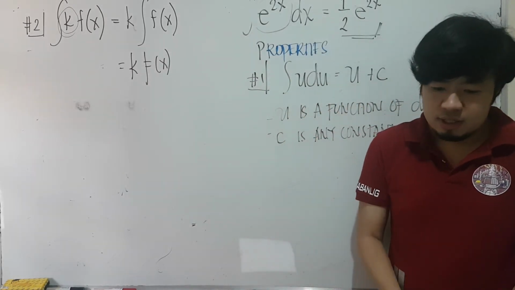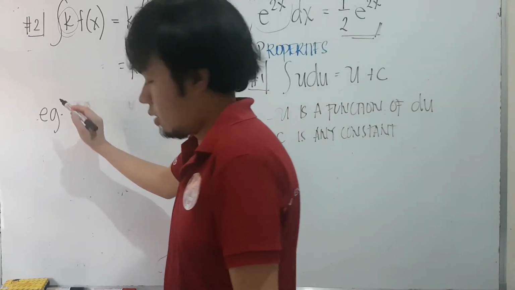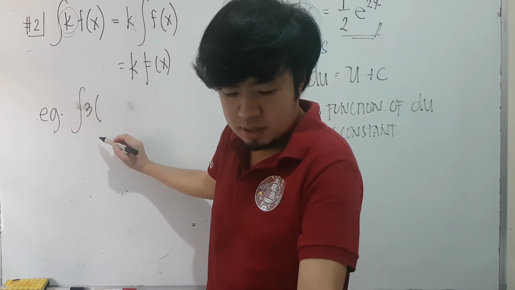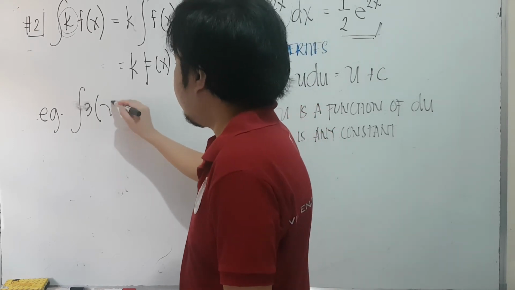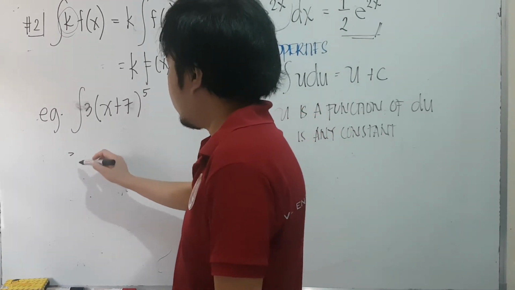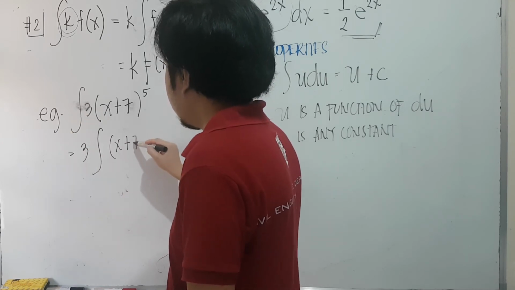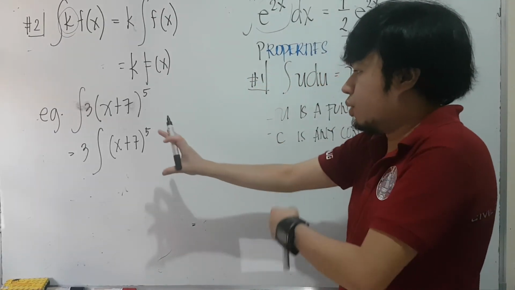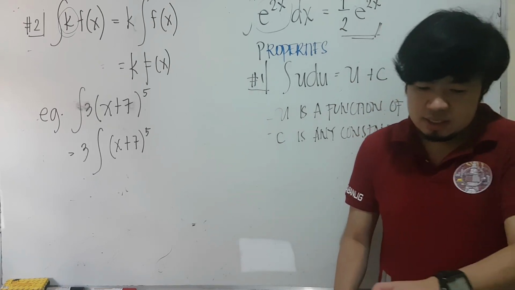Okay, so for example, we have here the integral of 3 times x plus 7 raised to the 5th power. So this is simply equal to, factor out 3 times the integral of the quantity x plus 7 raised to the 5th power. Then from there, you're going to proceed with your integration. Okay? Next,